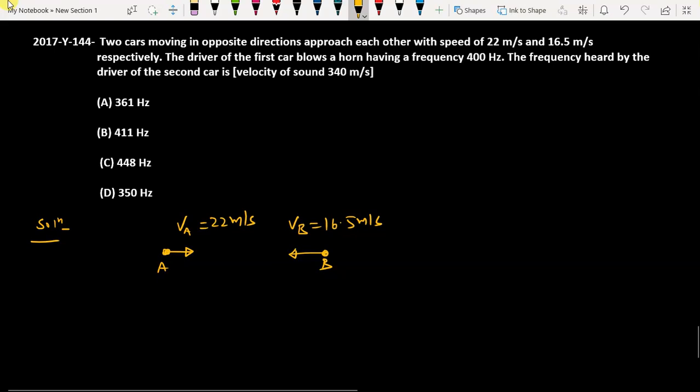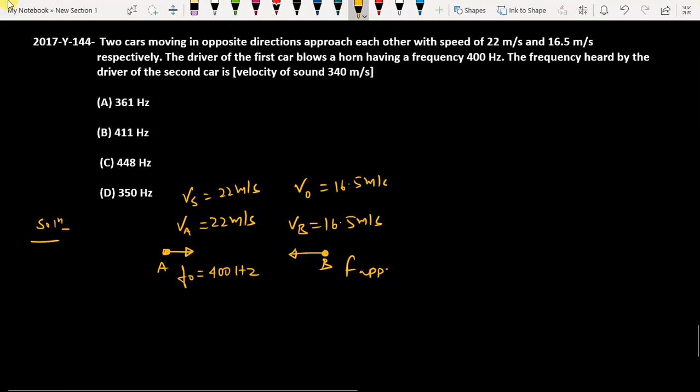Now let's say car A blows a horn, so this will be the source, and the frequency of the source that is given to us is 400 Hertz. And we have to find out what will be the apparent frequency to the driver of car B. Okay, so let us say this is the source, so Vs is 22 meters per second, and this one will be the observer, so VO will be